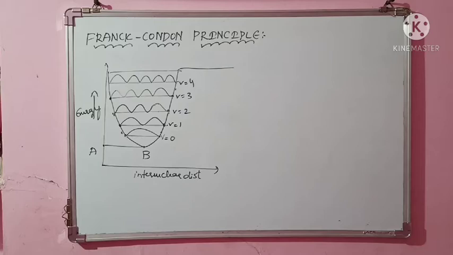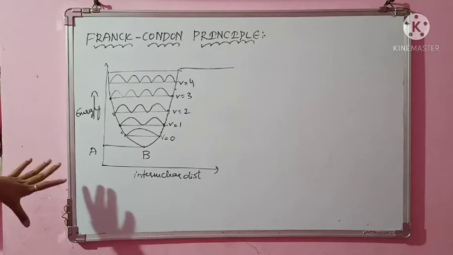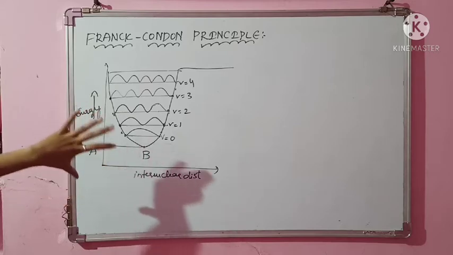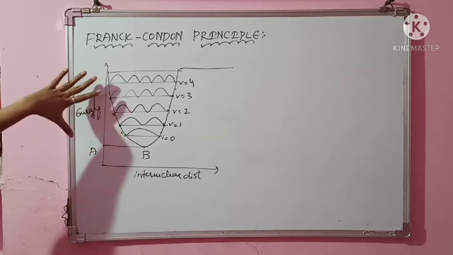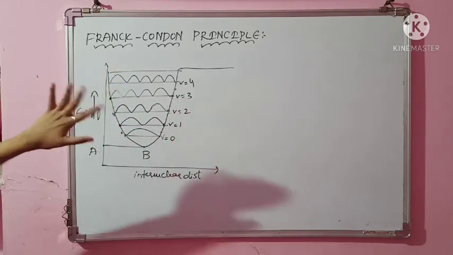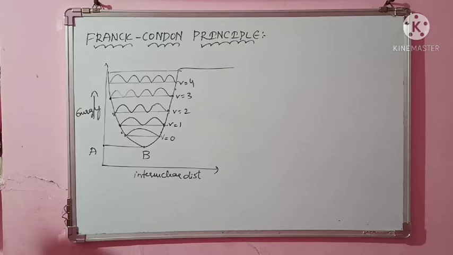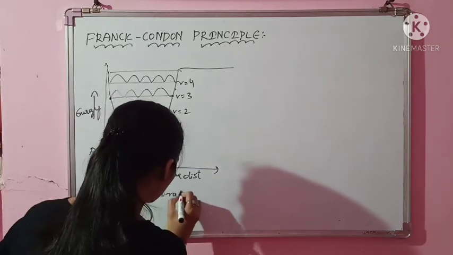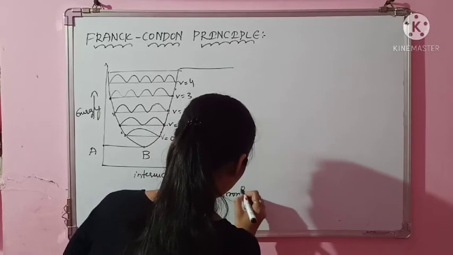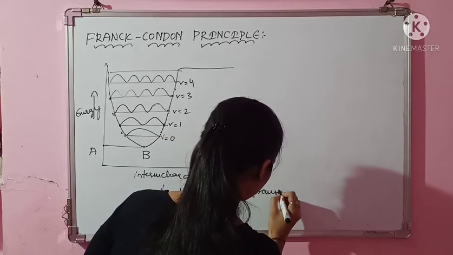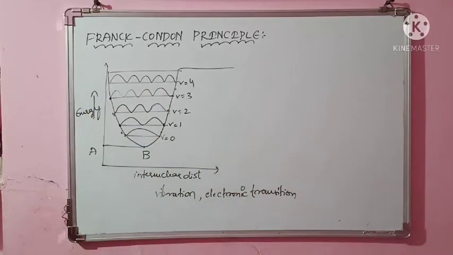Now the thing we have to understand is that this was only for vibrational energy. If we apply vibrational energy, you would get a graph like this, and the molecule would go on vibrating. At one point it would break. But now the question is, what if it is not only vibrating, but along with the vibration it is also undergoing electronic transition, that is, excitation of electron?